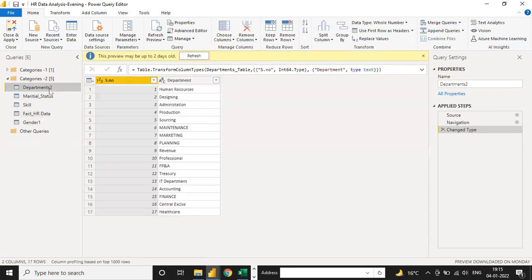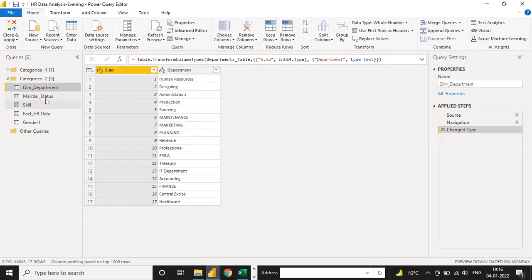And if you go into this department, all the values are unique. So the department table is a dimension. If any table shows the unique values of items, then it will be named as a dimension table or lookup table. In Excel, we talked about lookup table. In Power BI, we talk about dim table. The name is different, but the table criteria or table working is the same. So this is dim department. You can rename it by double click on this. So this is the department table.